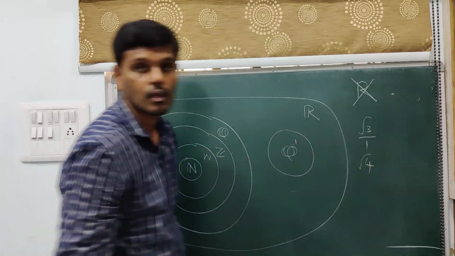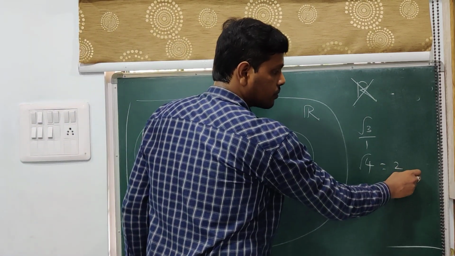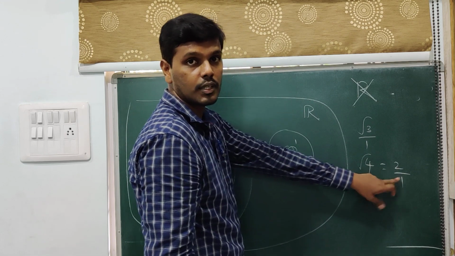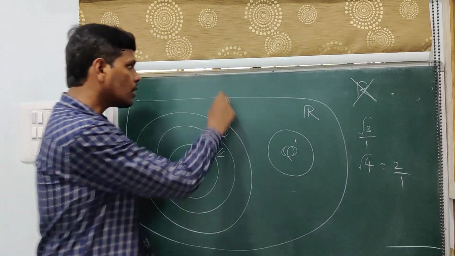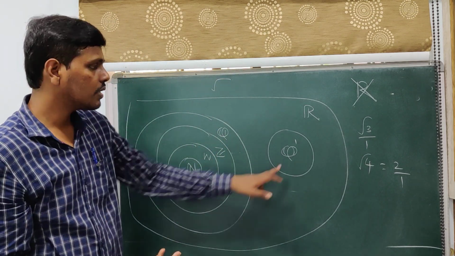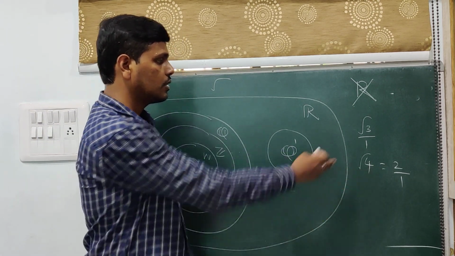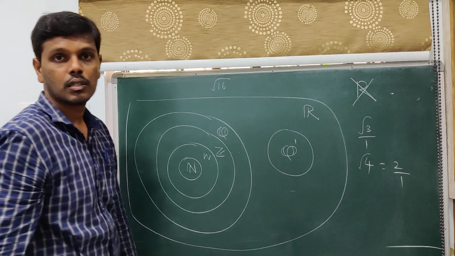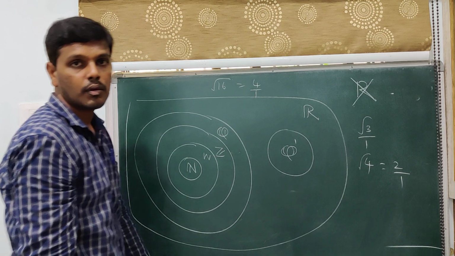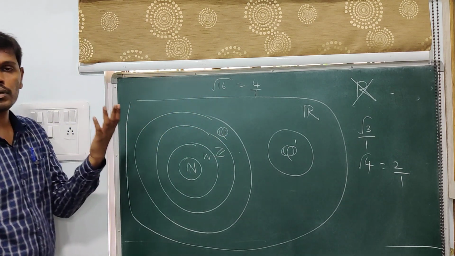Root 4, square root 4 is 2. So 2 you can write as 2 by 1. 2 is an integer, 1 is an integer, p by q form, therefore it is a rational number. So it is not always like whenever you have a square root number or a cube root number, it is an irrational number, because there might be cases like square root 16. Square root 16 you can extract the square root, which is equivalent to 4, and 4 you can write as 4 by 1, therefore that becomes a rational number. So you have to take care of what kind of number we are looking at.